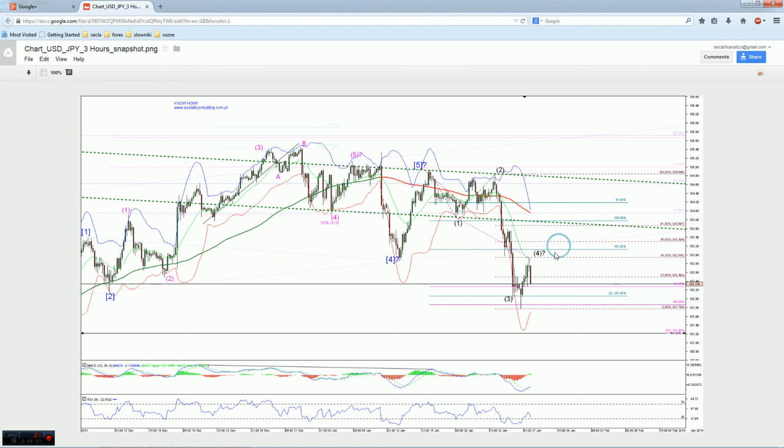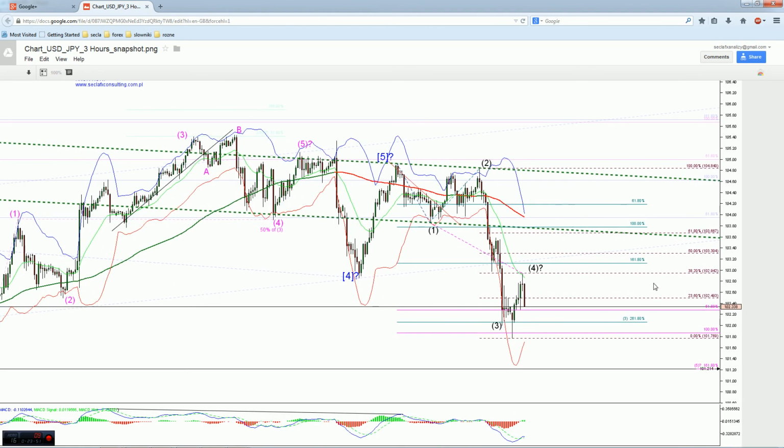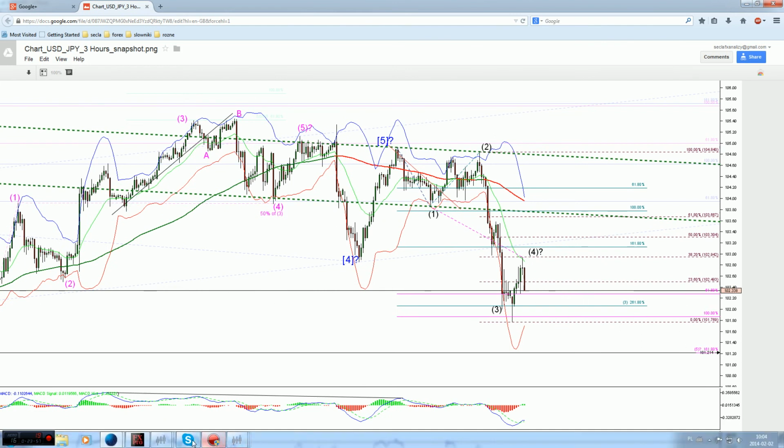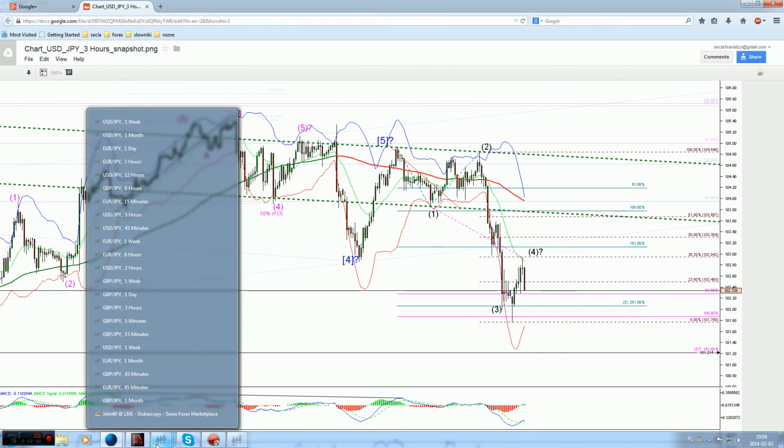And in this area, if you cannot open this chart, please download or install Google Drive on your hard drive or on your mobile devices, and then you will have access to that. You can zoom in and have all those levels. It was then updated a little bit, which is always important. So you have to update your